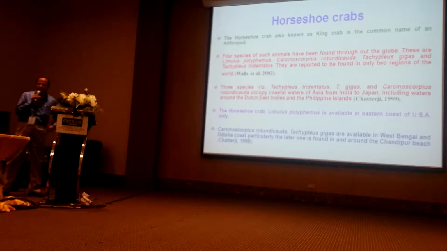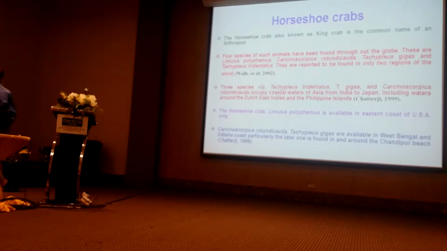And if you see, there are 4 species of these horseshoe crabs that exist throughout the globe. These are Limulus polyphemus, Carcinoscorpius rotundicauda, Tachypleus gigas, and Tachypleus tridentatus. They are reported to be found in only 2 regions of the world, according to this. 3 species, Tachypleus tridentatus, T. gigas, and Carcinoscorpius rotundicauda, occupy coastal waters of Asia from India to Japan, including waters around the Dutch East Indies